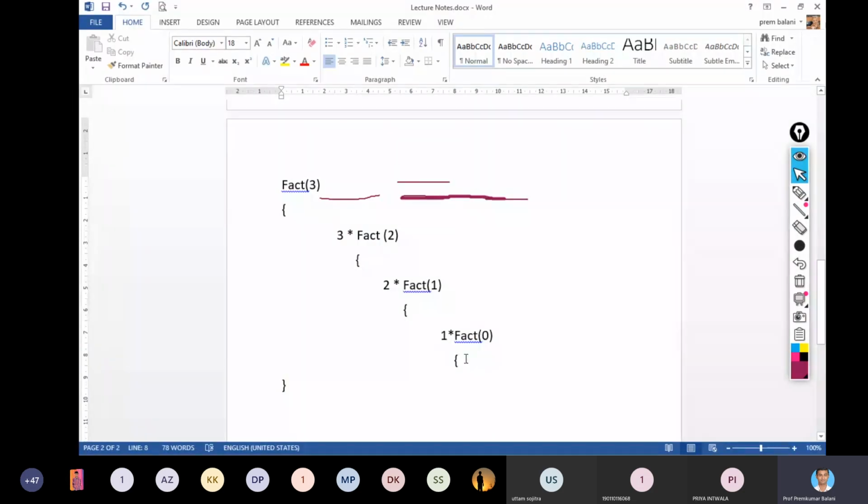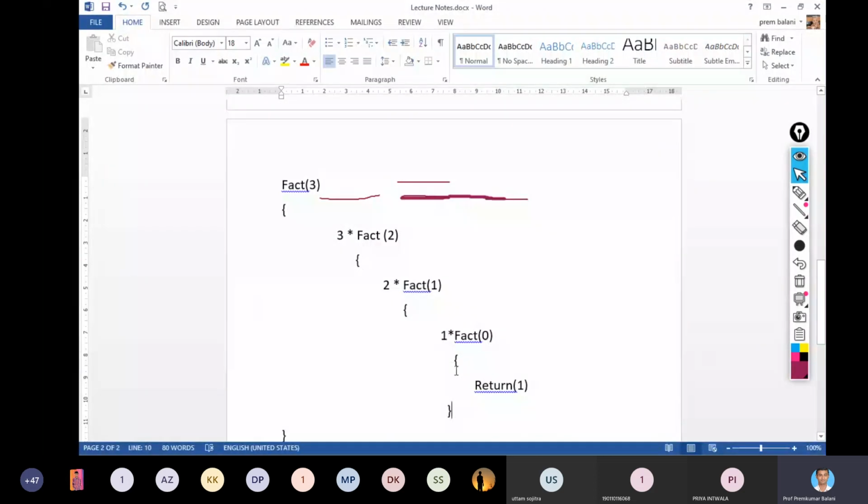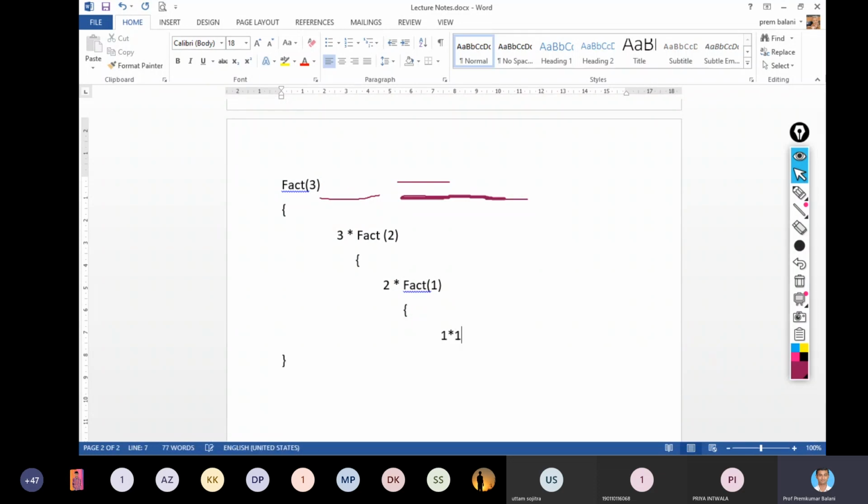Here n equals 0, so it will return 1. So all this will be replaced with a 1.